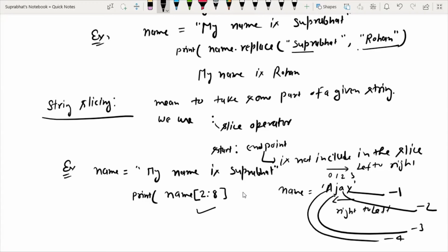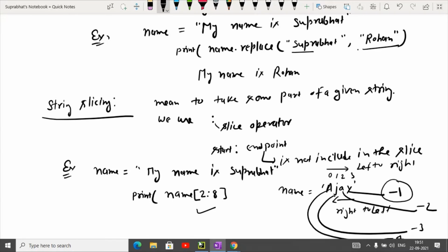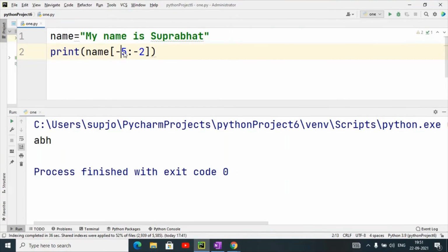So if we are taking something from the last, the last character is always at -1 position, and the rest of them are going -1, -2, -3, -4, like that. So in this example, when I have used -5, what is the -5? This is -1, this is -2, this is -3, this is -4, this is -5. So the starting point is -5, and -5 point is a. So -5 to -2, -2 is a, that will not be included. So it will take only this